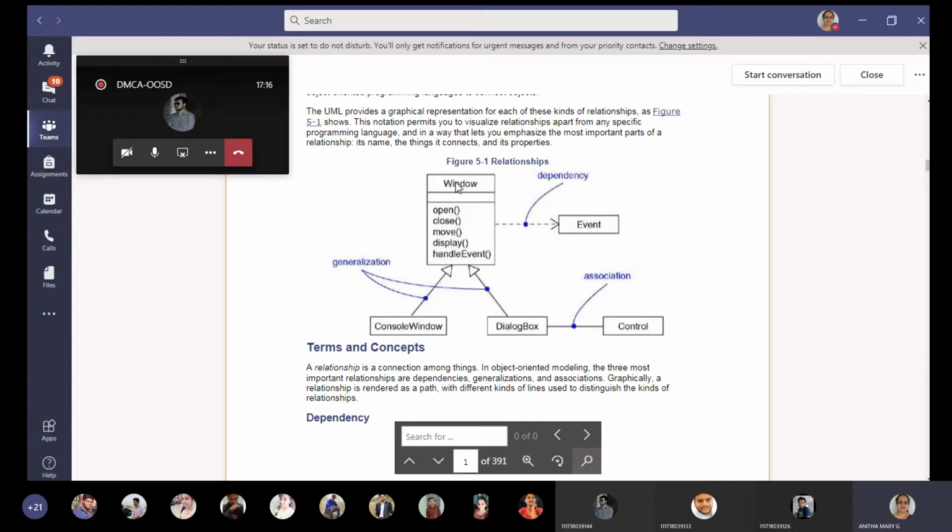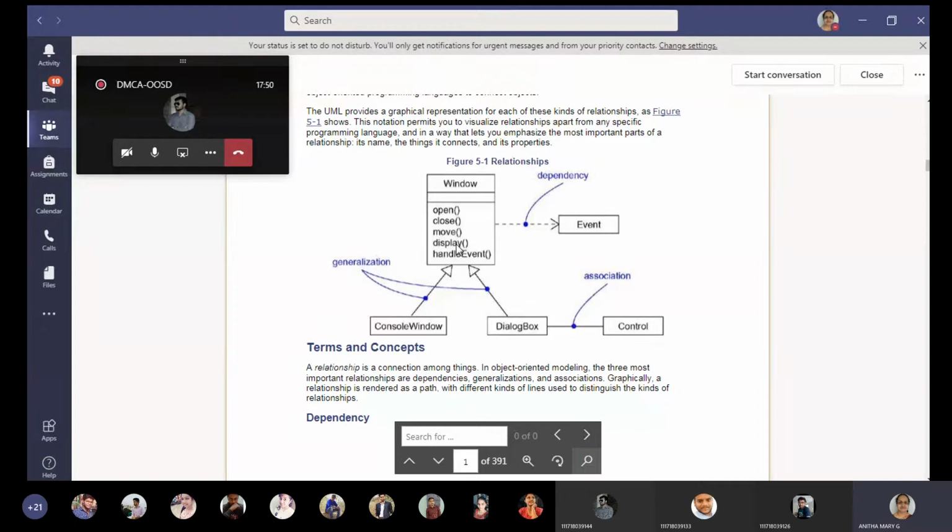When we come to the window class, under it there are two types. When we can talk about categorization or types, varieties under any one basic building block, then we give generalization. For window, how many types of windows can we talk about here? Console window, dialog box window. For a particular window, when we are talking about types, it becomes generalization.